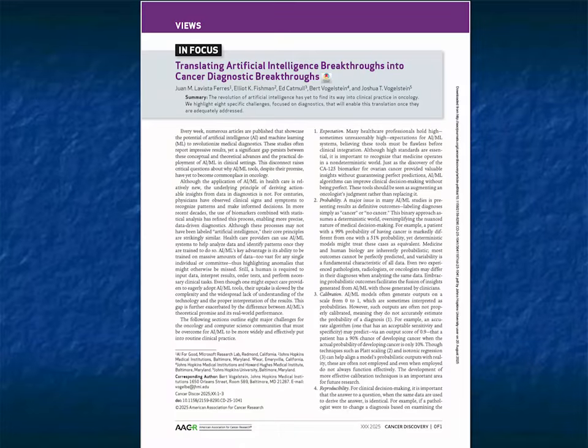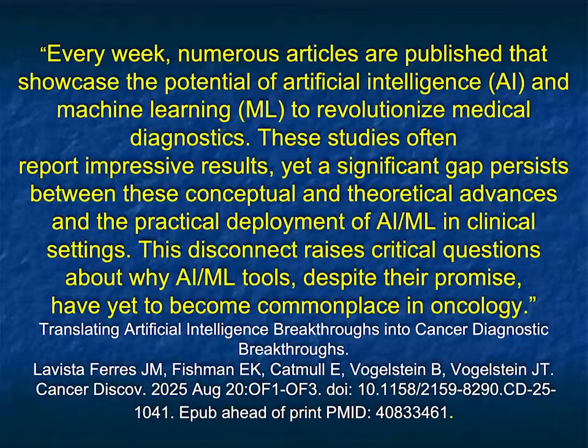There was an excellent article you need to read, Translating Artificial Intelligence Breakthroughs into Cancer Diagnosis. Juan Ferez, who I mentioned before, is the head of AI for Good at Microsoft. Ed Catmull, who was the founder of Pixar. Bert Vogelstein, who is the chief scientist and discoverer of many of the key things affecting our genetics. And Joshua Vogelstein, who's a computer science and researcher and Bert's son, wrote this article, and I'll leave you with